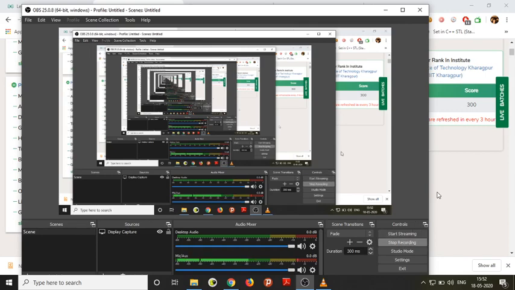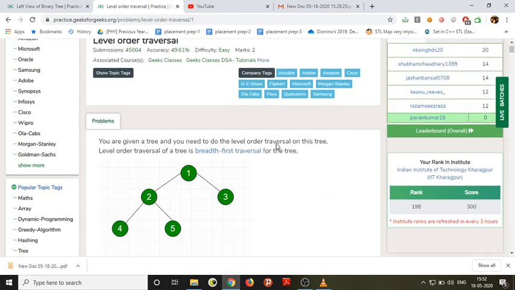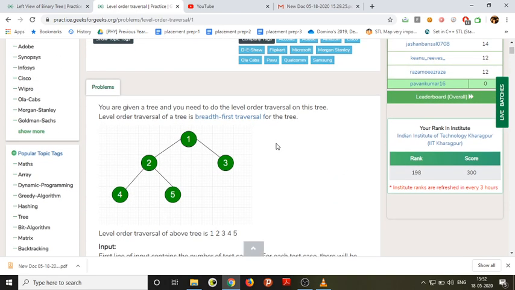Welcome to the video. In this video we'll try to study about level order traversal of a tree. Generally in level order traversal we access the nodes level by level, or we print the nodes level by level, and by using level order traversal we'll try to solve left view and right view of a binary tree. There is a slight difference between view and a traversal.